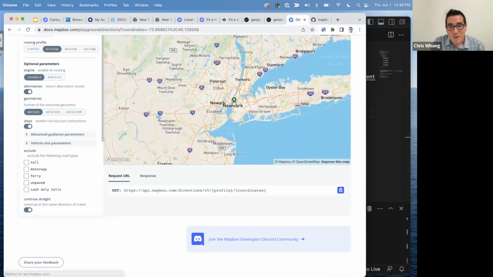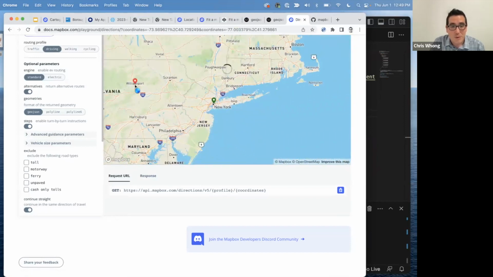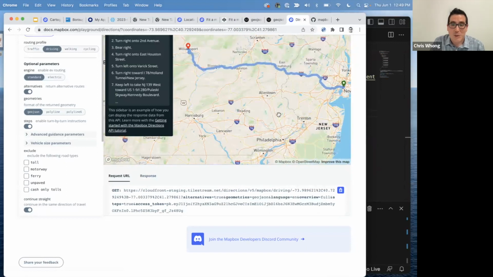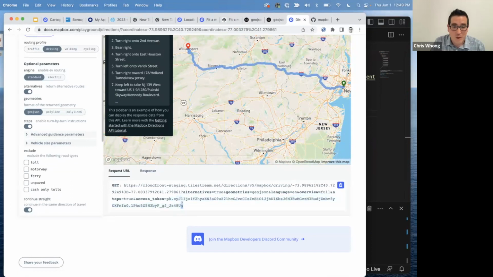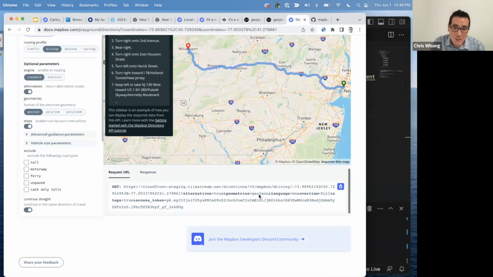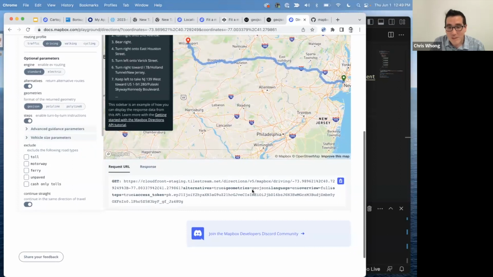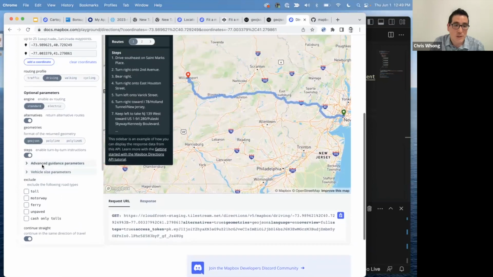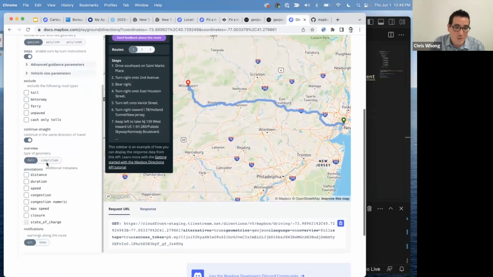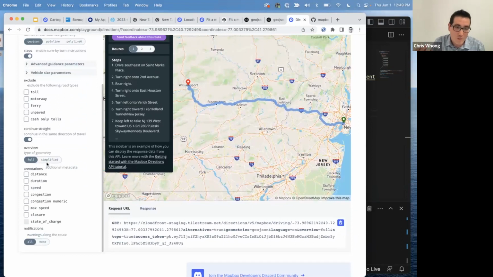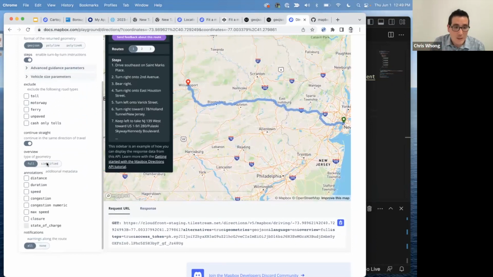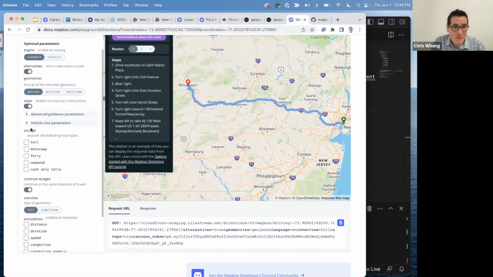If I just click the marker here in New York, and then move out to somewhere in Pennsylvania, it just made an API call for me to the Directions API, and I can see what that looks like. It's bolded all the different URL parameters, so I can easily see that alternatives equals true and geometries equals GeoJSON. This gives you an idea of what it's asking for and what the possibilities are. I can ask what geometries is and what happens if I change it. This is a UI very much built around the URL parameters themselves, not what an end user would see in your app, but you can see the full suite of things.